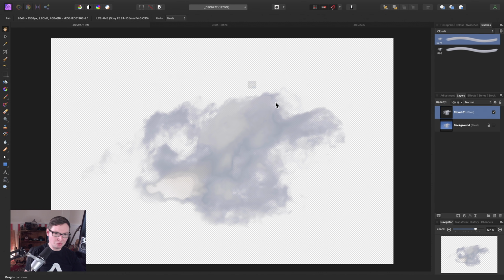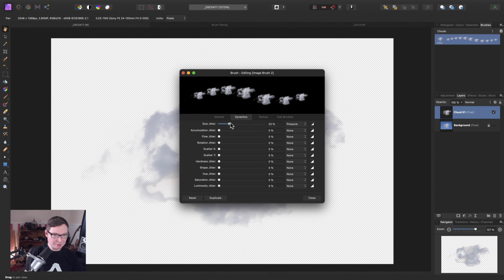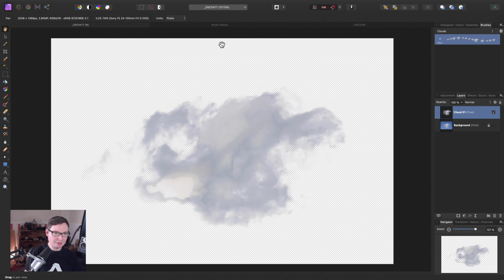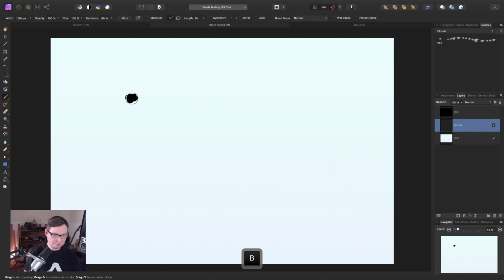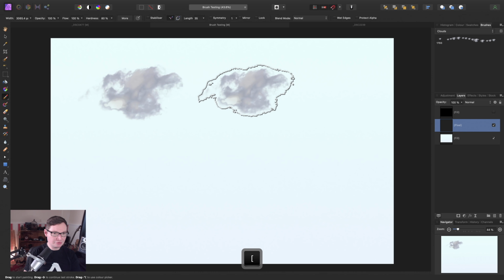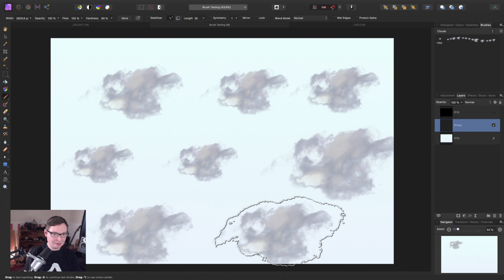I'll delete that initial brush, and let's just double click to get into the brush editor. Let's see, bring the spacing up, and let's have a bit of size jitter as well on a random controller. There we go. And across on my test document, I can just quickly select that cloud brush, and there we go. I have a nice cloud that I can stamp